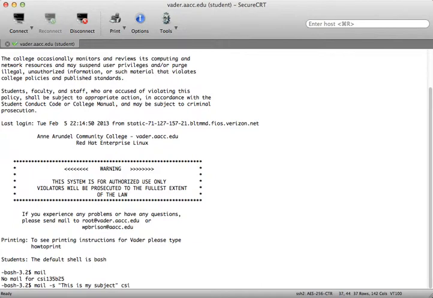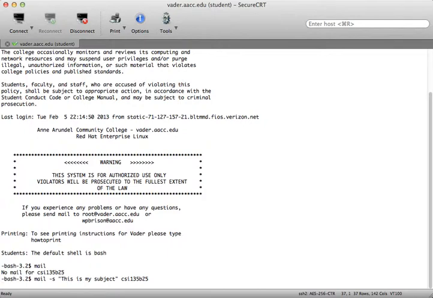So, and who am I going to send it to? I'll send it to myself, 135B25, right? So I'll hit enter, and right now I'm in the compose portion of mail. And again, Linux does not tell you that you're in the compose portion. You need to know you're in the compose portion. So this is my mail message,